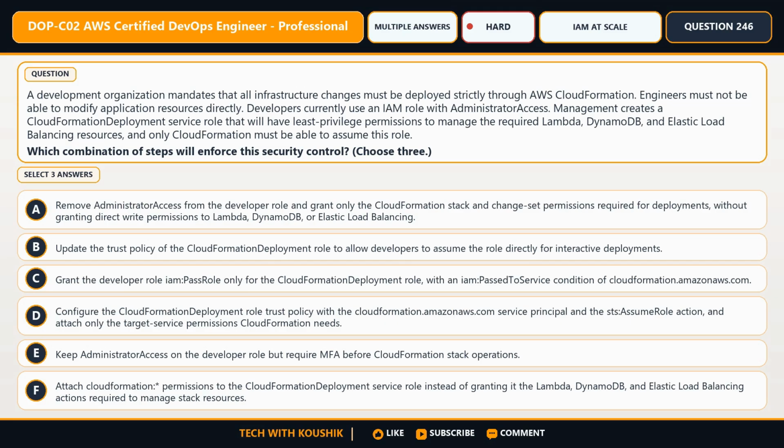Choose 3. Identify all valid responses. Choices. Option A. Remove administrator access from the developer role and grant only the CloudFormation stack and change set permissions required for deployments, without granting direct write permissions to Lambda, DynamoDB, or elastic load balancing. Option B. Update the trust policy of the CloudFormation deployment role to allow developers to assume the role directly for interactive deployments. Option C. Grant the developer role iam:PassRole only for the CloudFormation deployment role with an iam:PassedToService condition of